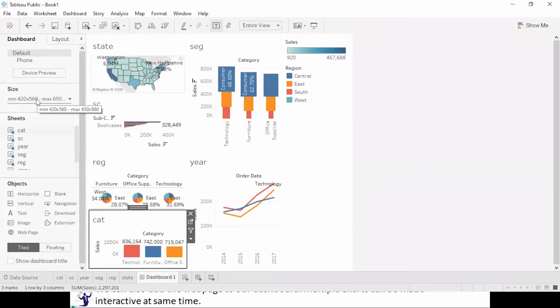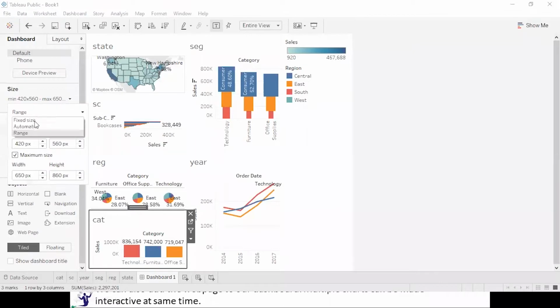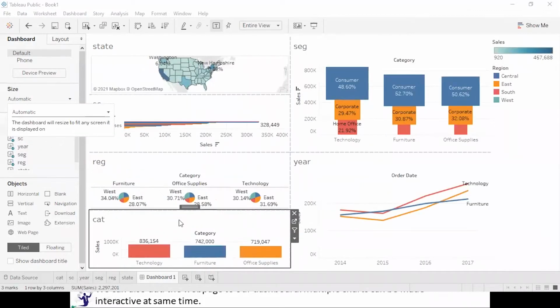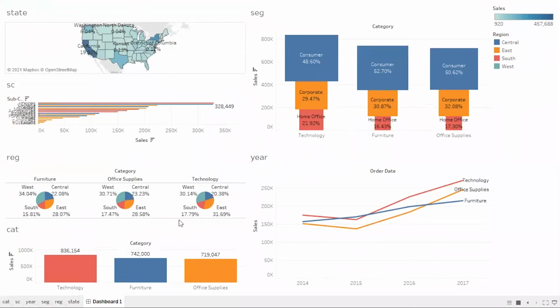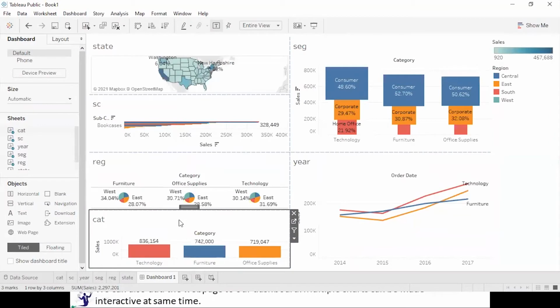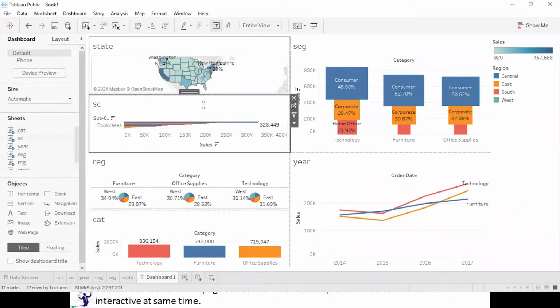The first thing you have to remember when you come to the dashboard is making the size automatic. Always do that. Make the size automatic and now look at the visual. Is it comparatively better? Yes, slightly, but it's still not presentable. So we have to do some adjustments over here. As you keep on adding the charts, adding the visuals, it will automatically take the space. Now I will give them the appropriate space.